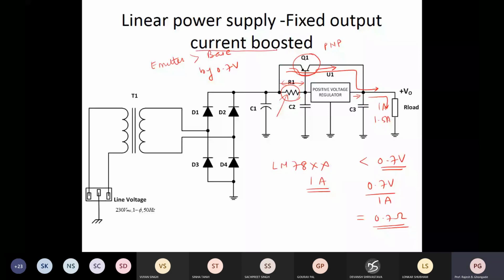Guys, have you understood this mechanism? Yes, sir. I think you have studied this somewhere. Have you studied this earlier? Guys? I guess no. Not sure. Remember, this is a good time to revise your concepts.